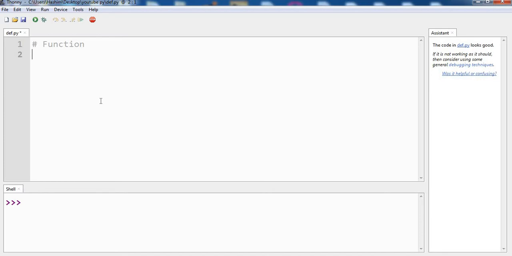And the last is the user defined function, which we are going to try right now. That is, you are free to use any name, any word, and define some functions for it, write some code for it, and it will execute your written code for the name that you give it. Okay, so let us write our very first function, and because this is our first program, we'll keep it very simple.